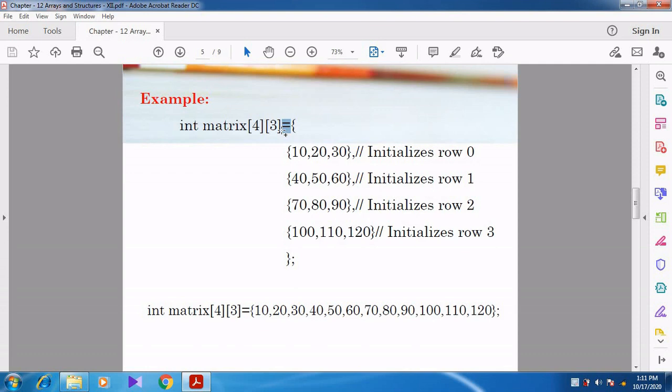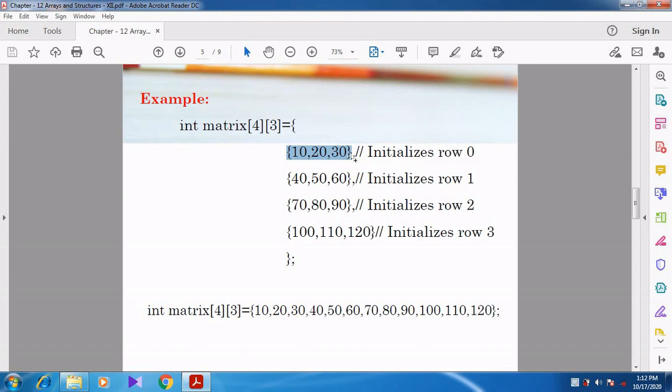Here 4 rows and 3 columns are there, so the values are given in a manner of 4 rows and then 3 columns. See how they are giving. After the opening curly brace, the first 3 elements are given, that is 10, 20, 30, within another curly brace.